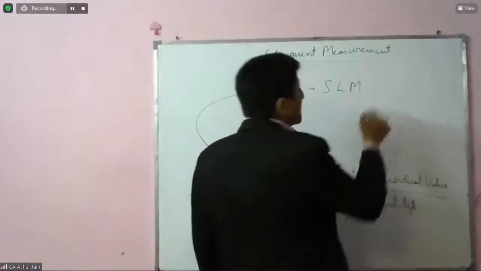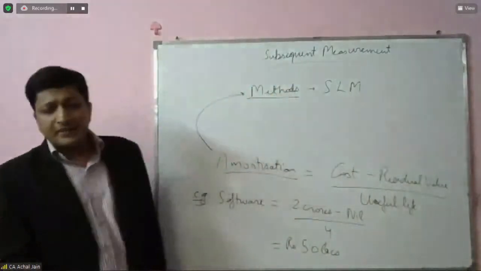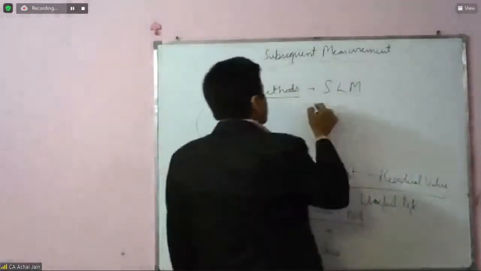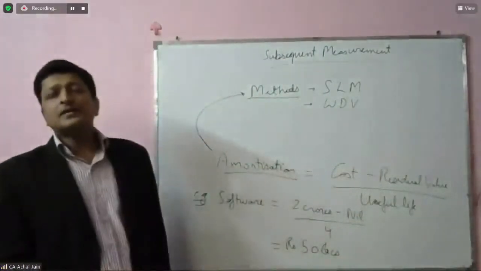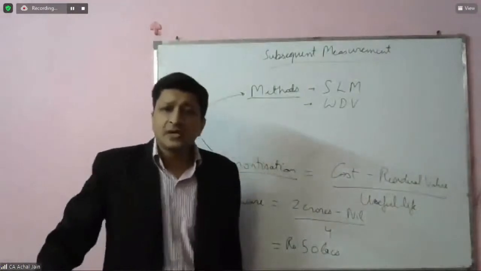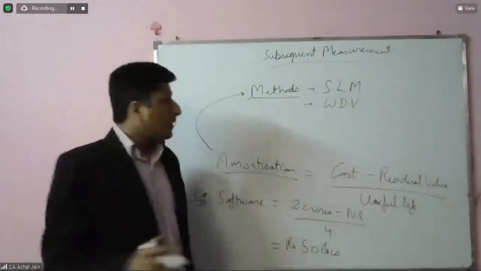SLM. What is SLM? Straight line method. WDV, written down value method, which is also called the diminishing balance method. Number 3,